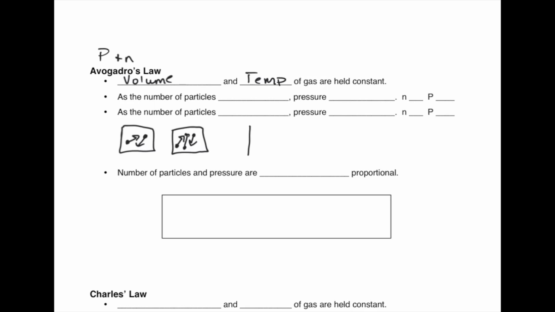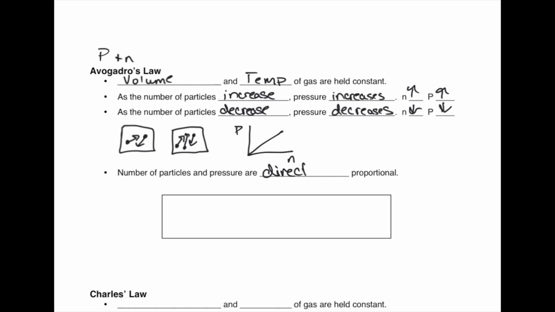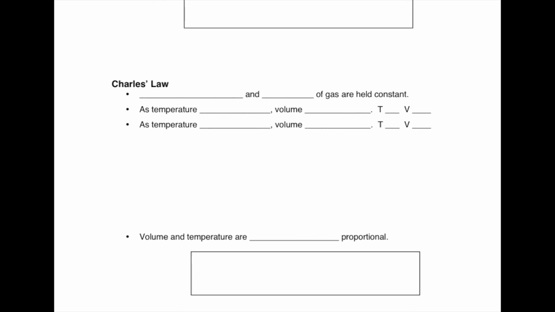So we can then graph this as well, like so. So as the number of particles increase, pressure increases. And opposite of that, as the number of particles decrease, pressure also decreases. And so this is also a directly proportional relationship. All right, now the next one, we're going to keep